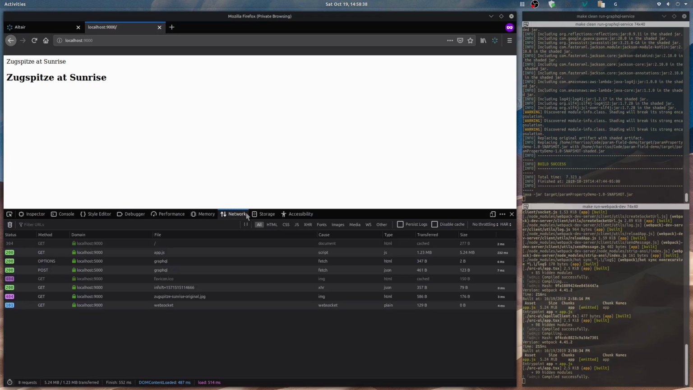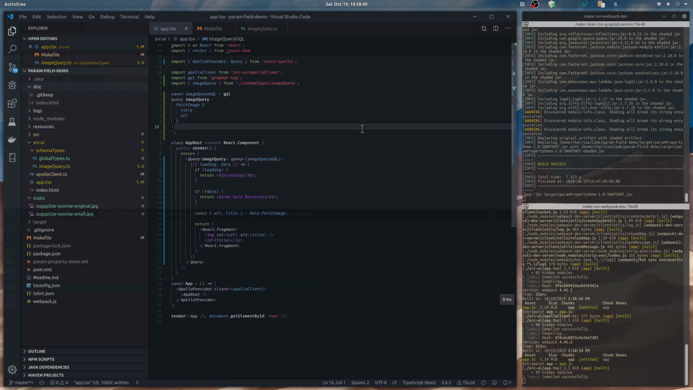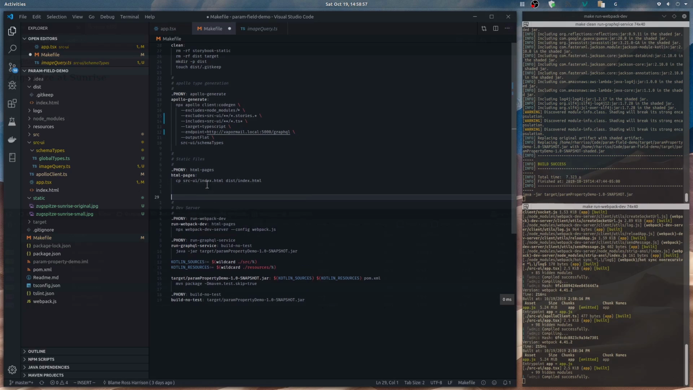So it's not able to actually get the image, right? It's 404 because Webpack wants everything to be in this dist directory. So I actually need to have a make task for doing that. So we've got HTML pages here as a dependency of that. So let's actually just do one. It's in the static directory. So let's call it